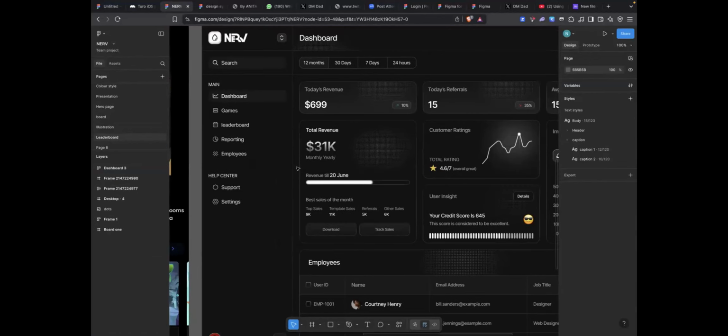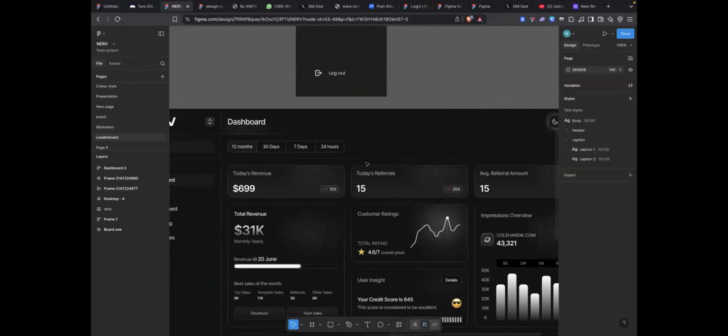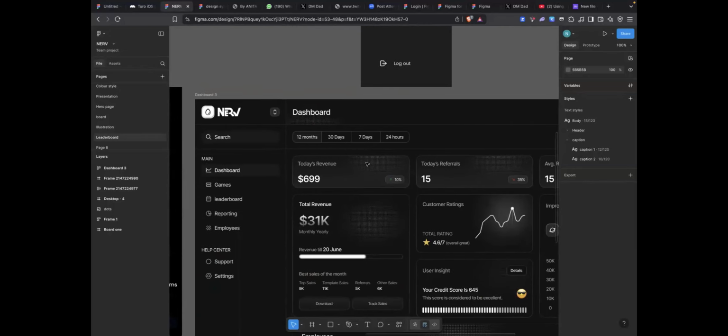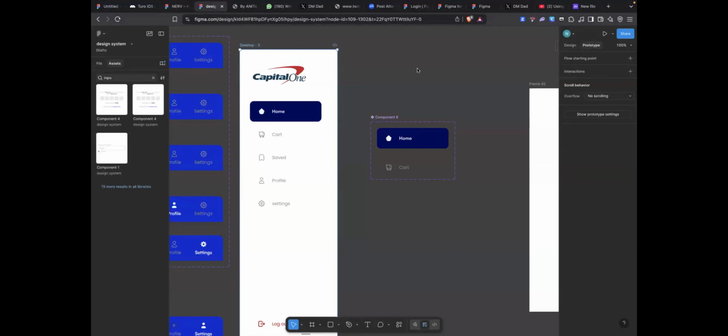Different products have different kinds of feel and appeal that you want, because this is a game design. The way it will look will be different from the way a SaaS product or Web3 wallet DeFi products will look. So yeah, let me just go back to the design systems.